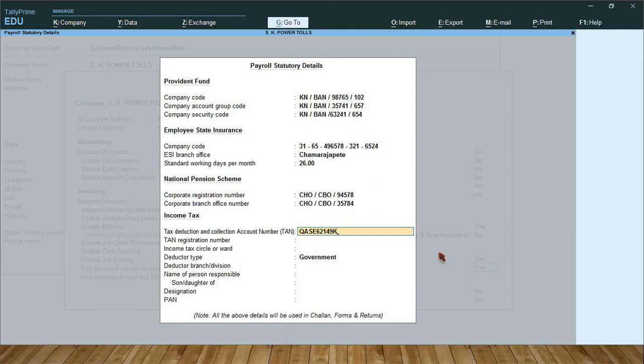So this is the format of the TAN number. TAN registration number, 4 alpha, 5 numeric, 1 alpha. Income tax circle or ward, Chamarajapete.